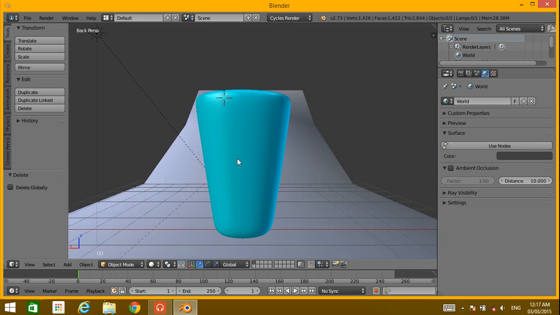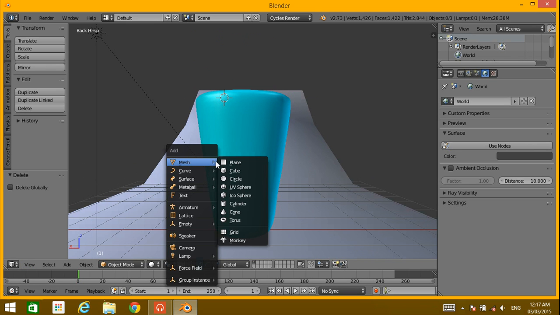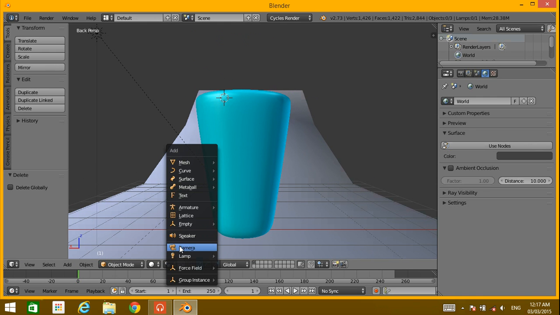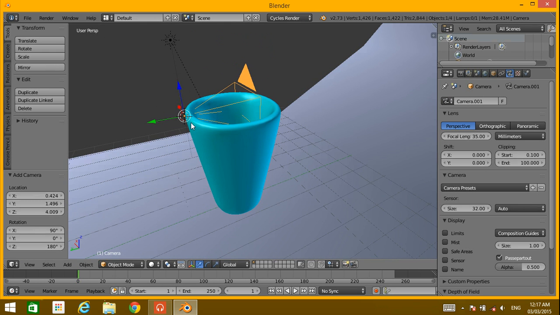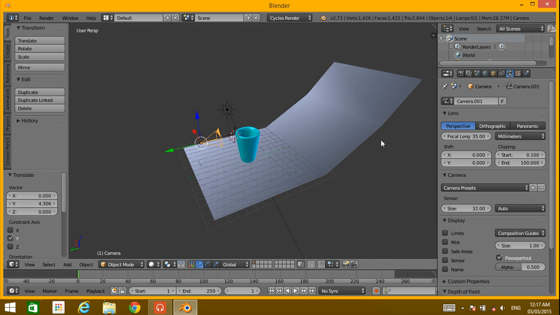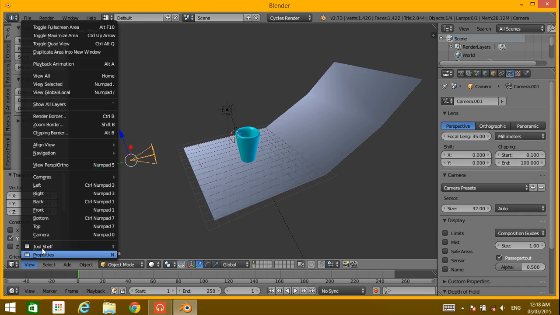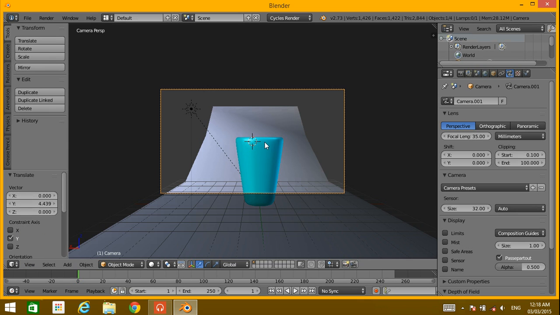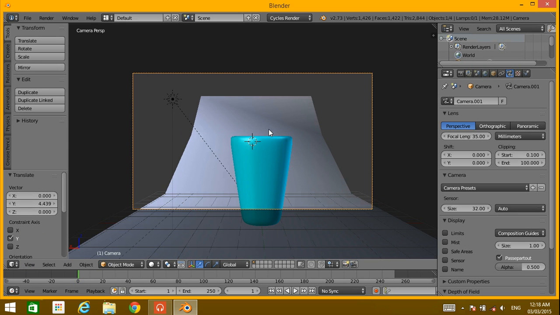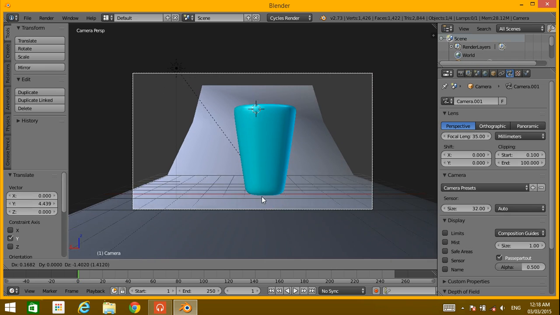So in that view I'm just gonna add a camera. Shift A for add, click camera, and here just drag it back a little bit and go to camera mode. Here we're gonna see how the image will look.